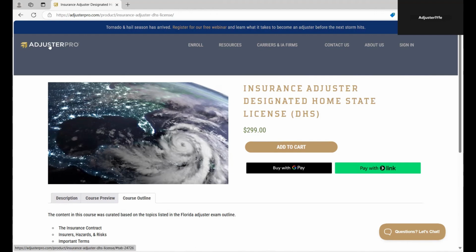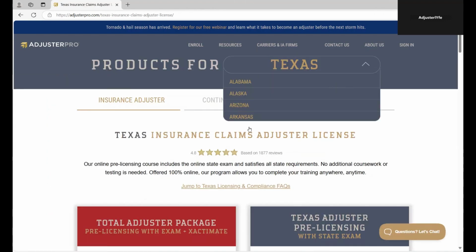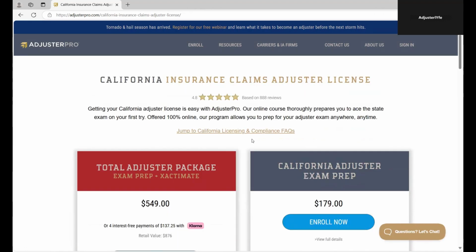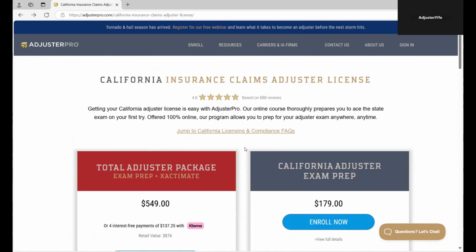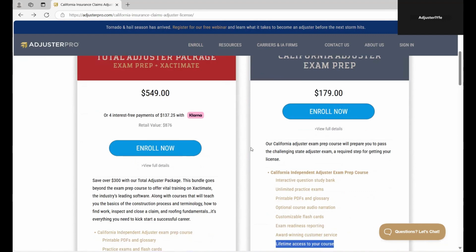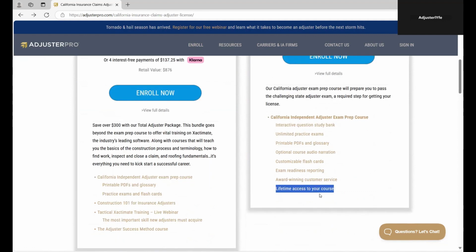So one of those states, I'm just going to go back to that main page here, and one of those states is California. So I'm just going to show you an example of California. To take the exam prep course, it's $179. So I actually want to come back here to the main page that states what's included with the exam prep course. So one of the items that's included, which is lifetime access to your course, this is extremely helpful because